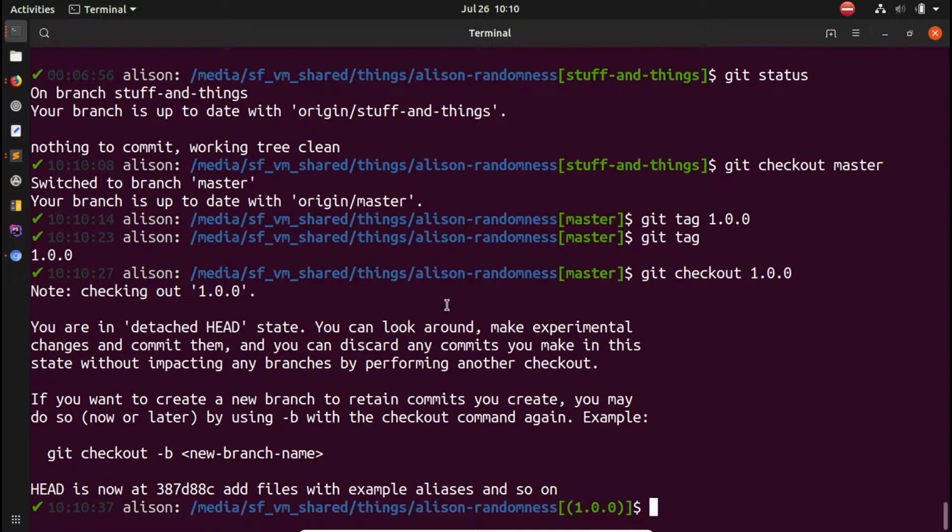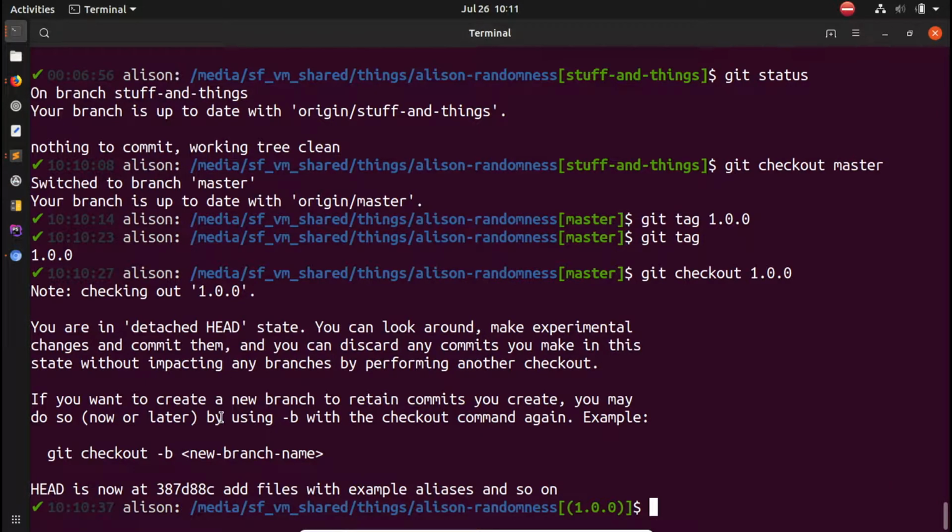you see it's in this detached head state, and you can see it here in the status part. Oh, that's something I should cover. This status thing here doesn't quite look the same as everything else. That means I can look around, make experimental changes and commit them. It gives me a lot of information right here. If you want the commits to stay, if you want to have them in your master branch, if you want them to be part of your life, then you need to create a branch. But if you just want to look around, maybe go back in time, look at the state of your files at a point in history,